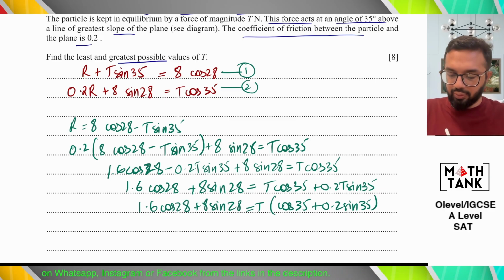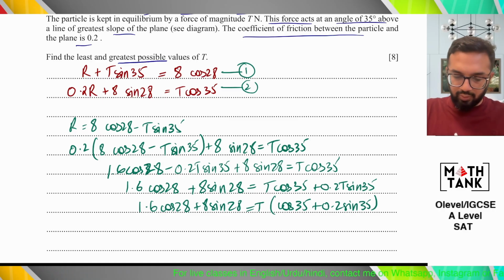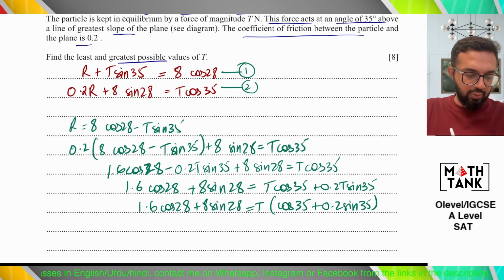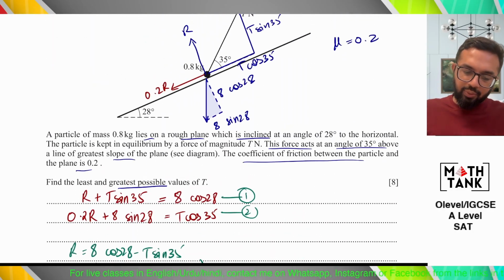Okay, now dividing the two would give me the right answer. 5.53. Yeah. Okay, then in the other case, what I'm going to say is that instead of having the friction here,